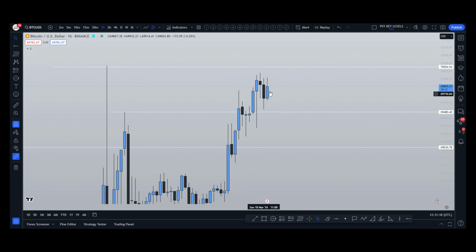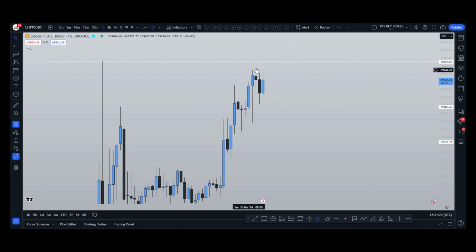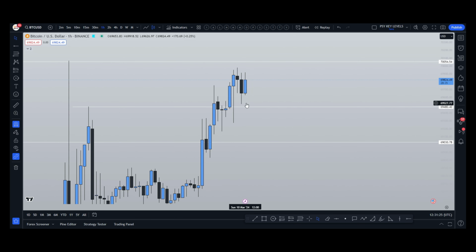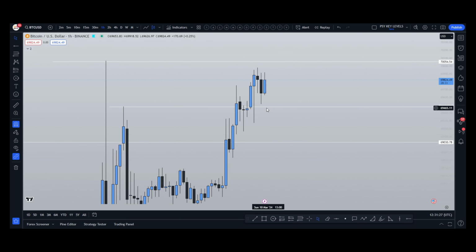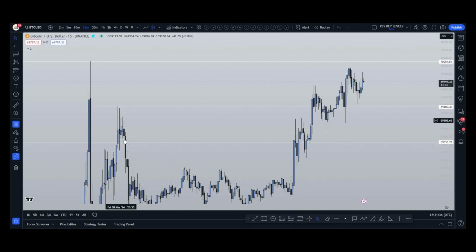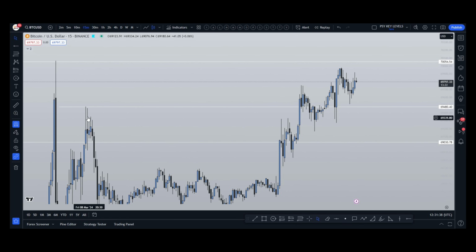Okay, now we've got this area of resistance here. Price could come down, but right now we're in a bullish trend. If it does, I would just want to see how it reacts to this area of 69,485. I'll call it 69,500. And now look at this, guys, it becomes even cleaner as we come down to the smaller